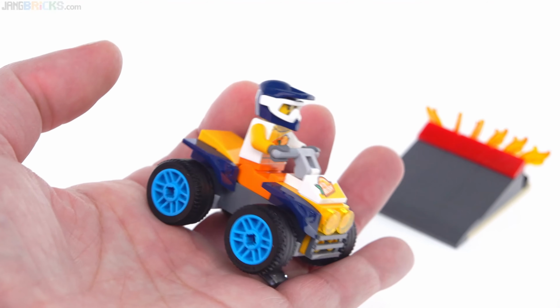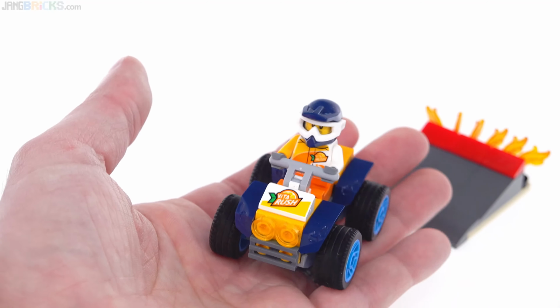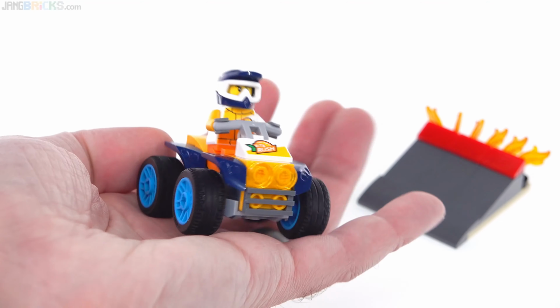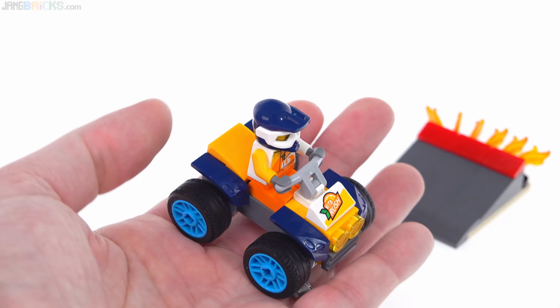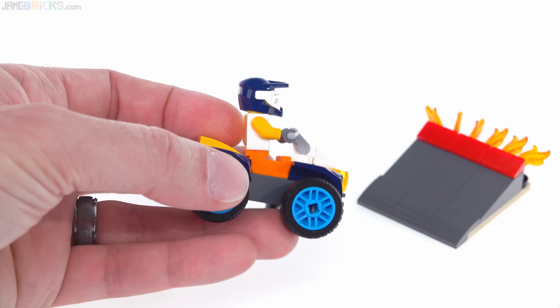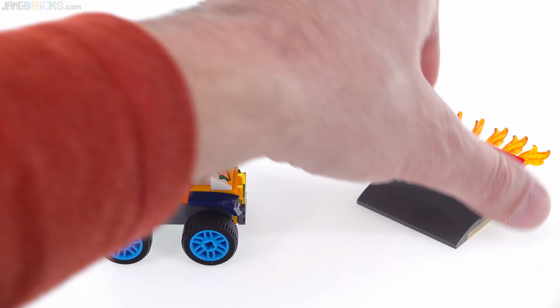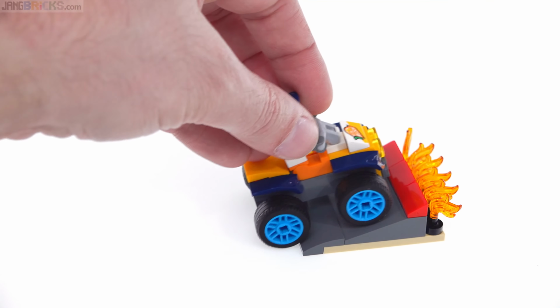It's got street wheels on it, so it's not trying to look like it's fully off-road capable and ready, but like any kid is going to care about that? I don't think so. It rolls just fine because there is enough diameter on these wheels. They're not tiny ones, so it makes it fun enough to actually drive around and maybe go up a ramp